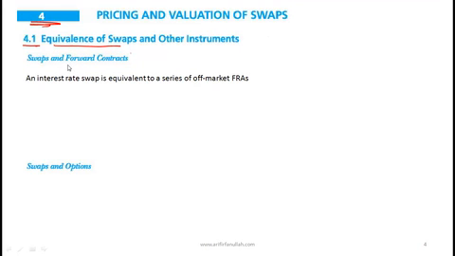The two instruments that are mentioned in the learning objectives are forward contracts and options. So what is the equivalence between swaps and forward contracts? You've seen this in level 1. I will just make a statement and then explain it. An interest rate swap is equivalent to a series of off-market FRAs. So what does this mean? First, let's do a quick refresher on a forward rate agreement, and then what do we mean by a series